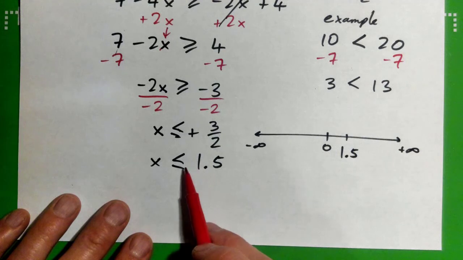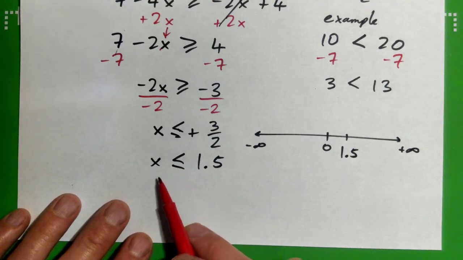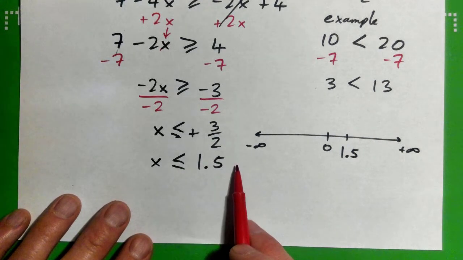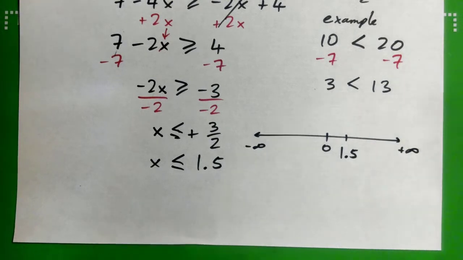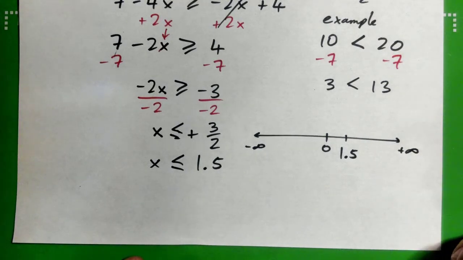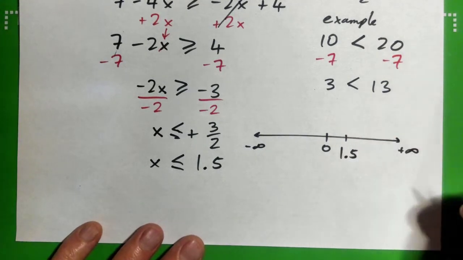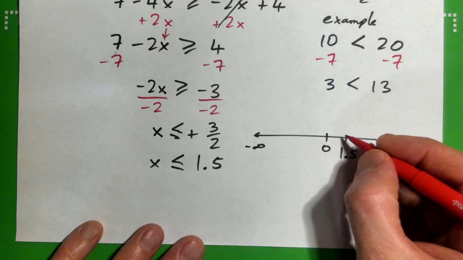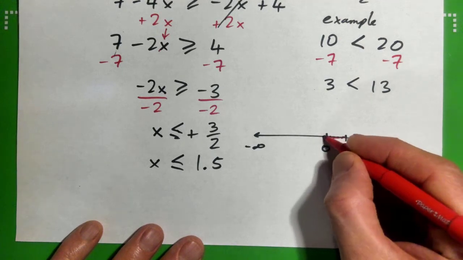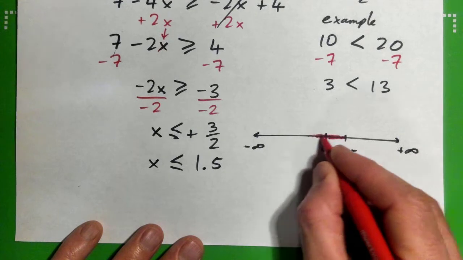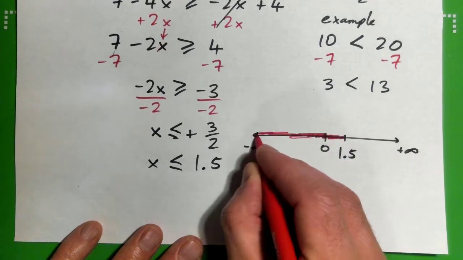Yeah, because it's or equal to. It's numbers that are less than 1.5 or equal to. It could be equal to that as well. Right. So, okay, good, yeah. So it's all these like 0, negative 1, negative 2, all these numbers here, right? All the way towards negative infinity,